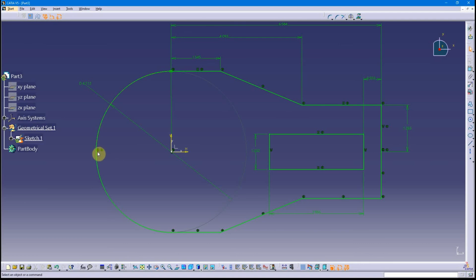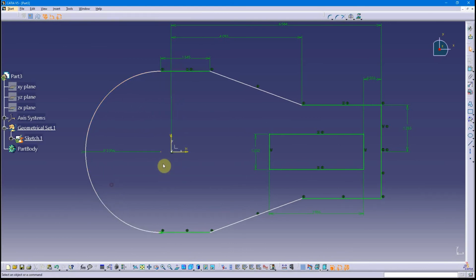But this will create an extra little topological edge in your model. It's usually not a big deal, but one thing you might want to consider, even after you do the symmetry tool, is taking out the arcs and putting in one big arc. Now this isn't always necessary. This is just a little side thing you might want to consider. Use your favorite arc tool and whichever one you feel the most comfortable with. There we go. Now that did not fully constrain, and I need to make sure